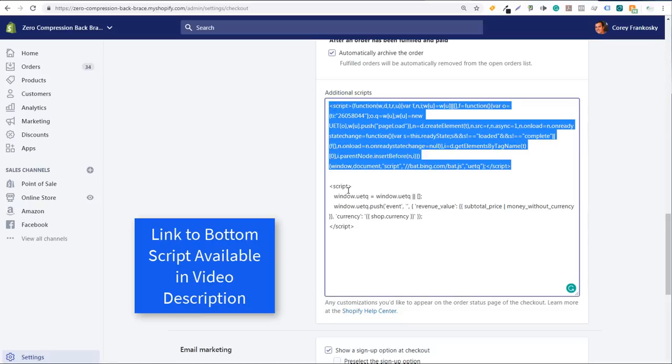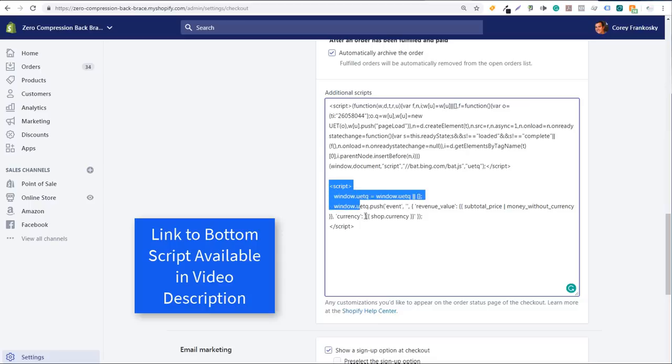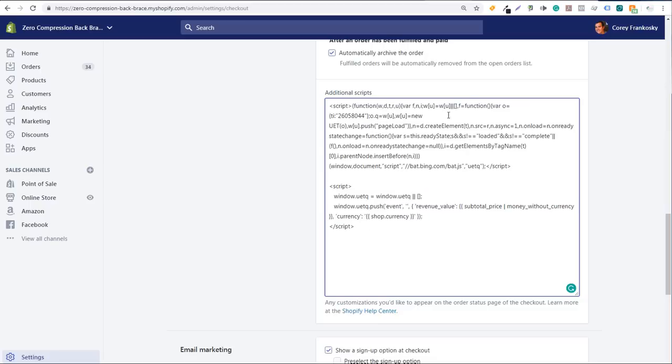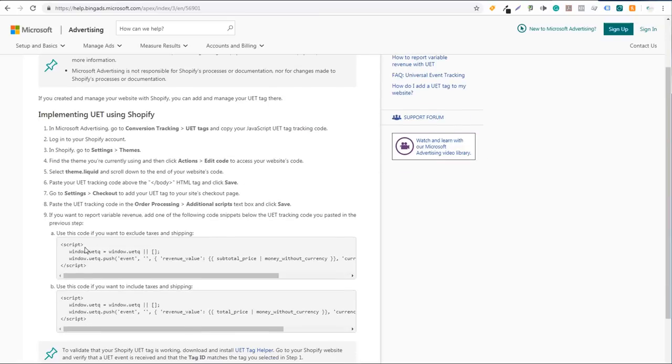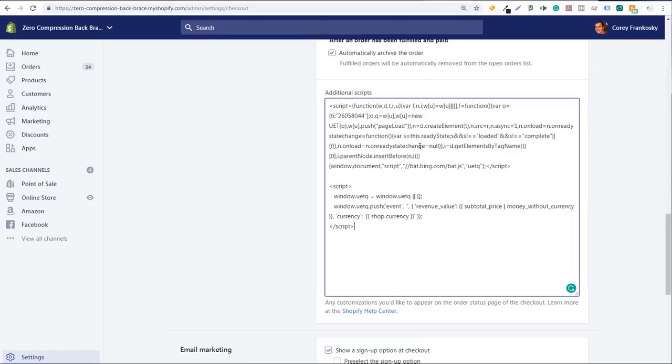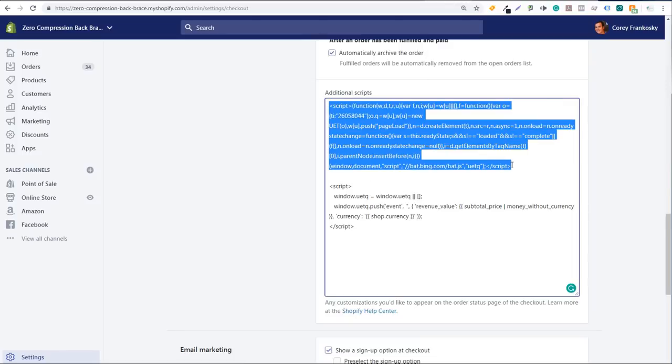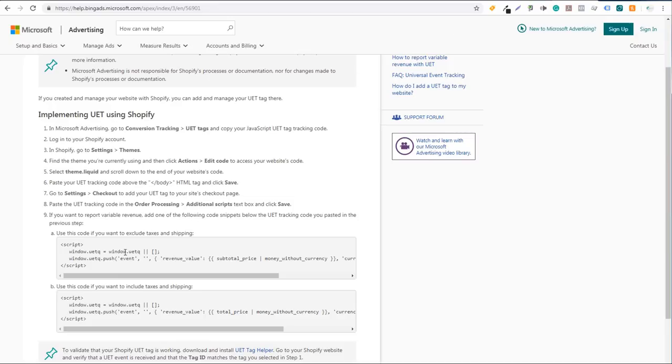And then the next thing you want to do is take this script and copy it right below your universal event tracking tag. You can find this script on the Bing Ads page, how to set up universal event tracking tags using Shopify. This is essentially a video version of this article here. So really how to set everything up. What you need to do is first paste your universal event tracking tag in that box on the checkout screen. So additional scripts, you enter it right here,